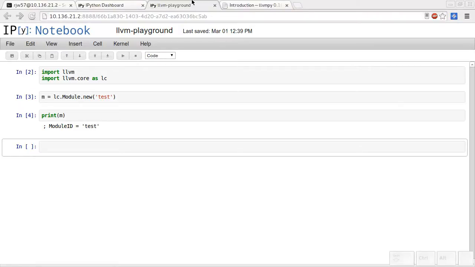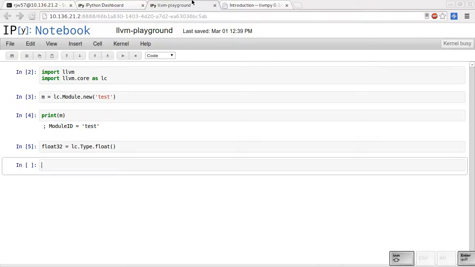So let's add a function, and our evaluation function is going to be a function that takes nothing and returns a floating point value. So let us do that now. In fact, let's try creating a function that takes a value and adds 3 to it. I think that's probably going to be more interesting. So we need to create a function, and LLVM has base types which mirror the host types, but it also has, interestingly, function types. So we're going to be passing floats around, so let's just create a float 32 type, which is done like this, I think. So there's a built-in type in LLVM called float, and